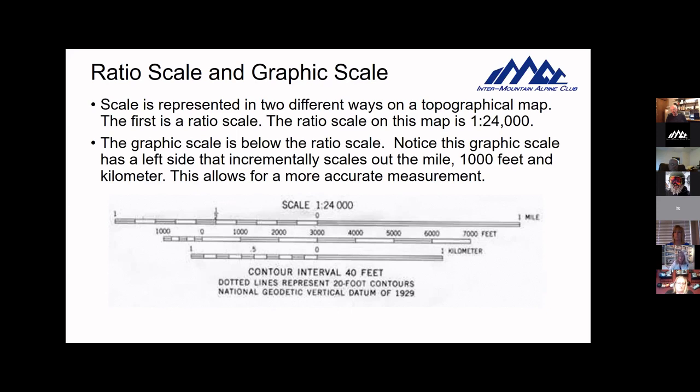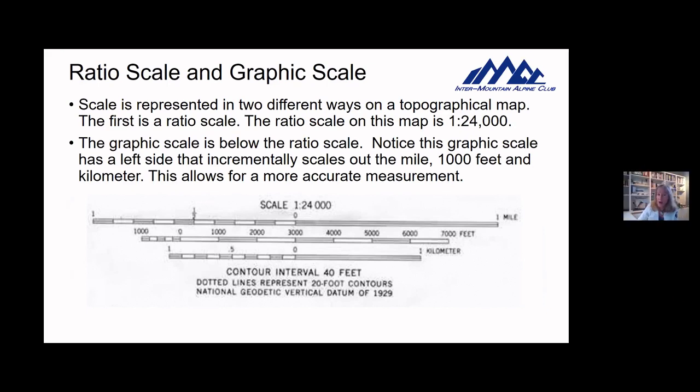The graphic scale, this is really important right here. The graphic scale between here and here is 1 mile. In a minute, I'm going to show you how to take measurements on a map using a piece of string. The string takes it from here. You can bend the string to go here, bend the string to go here. You take that string, straighten it out, come up to the graphic scale here. And if your string goes from here to here, you will know it is